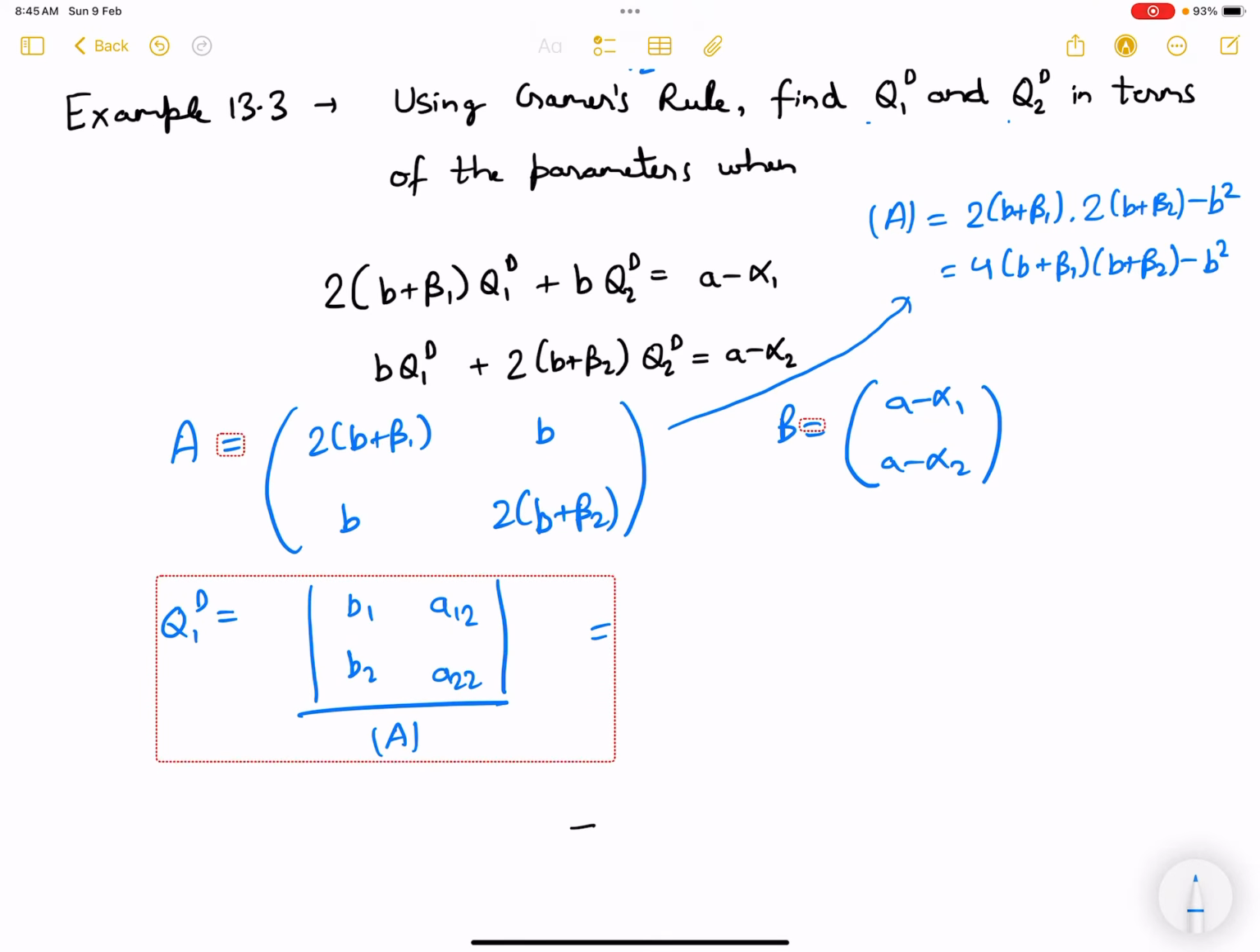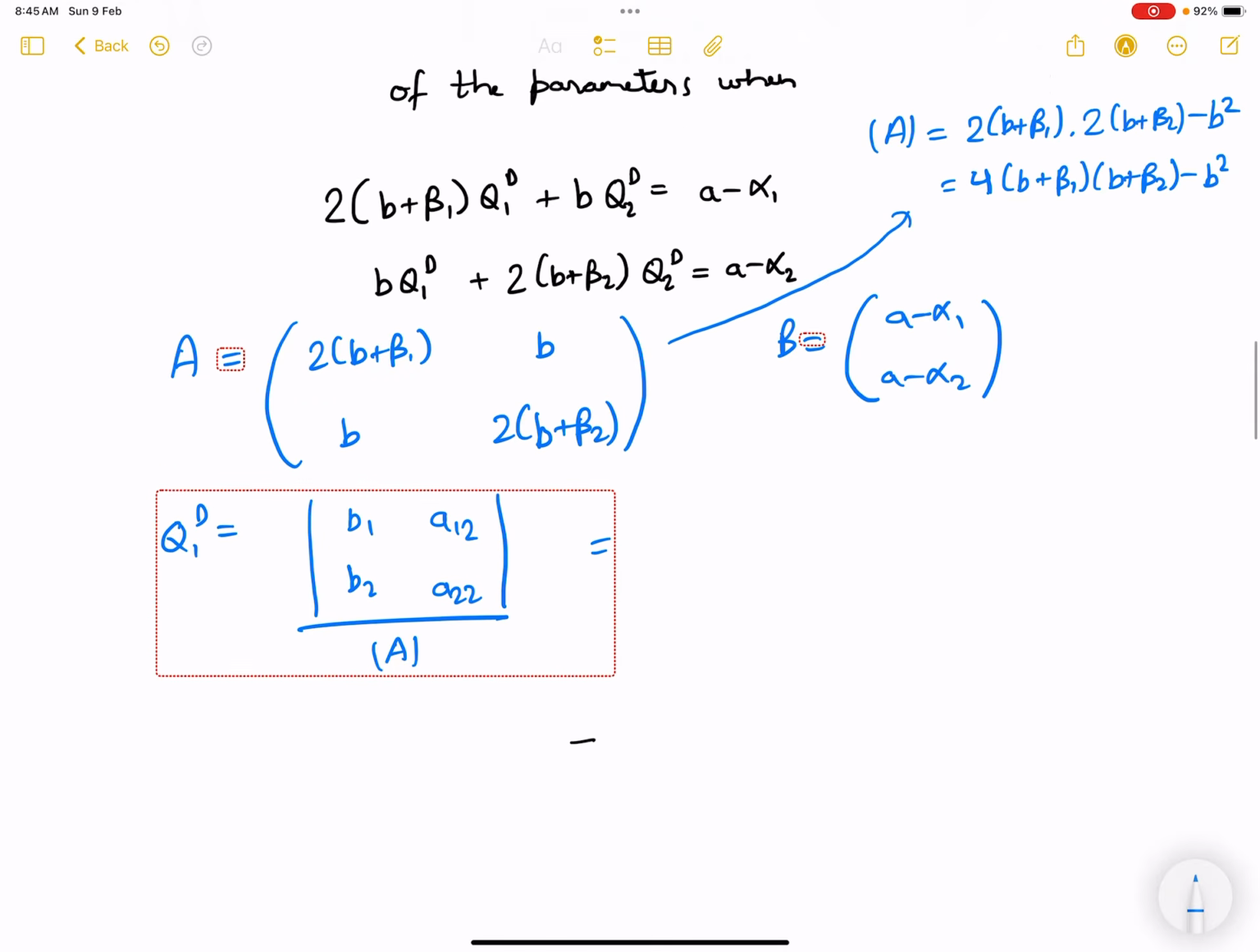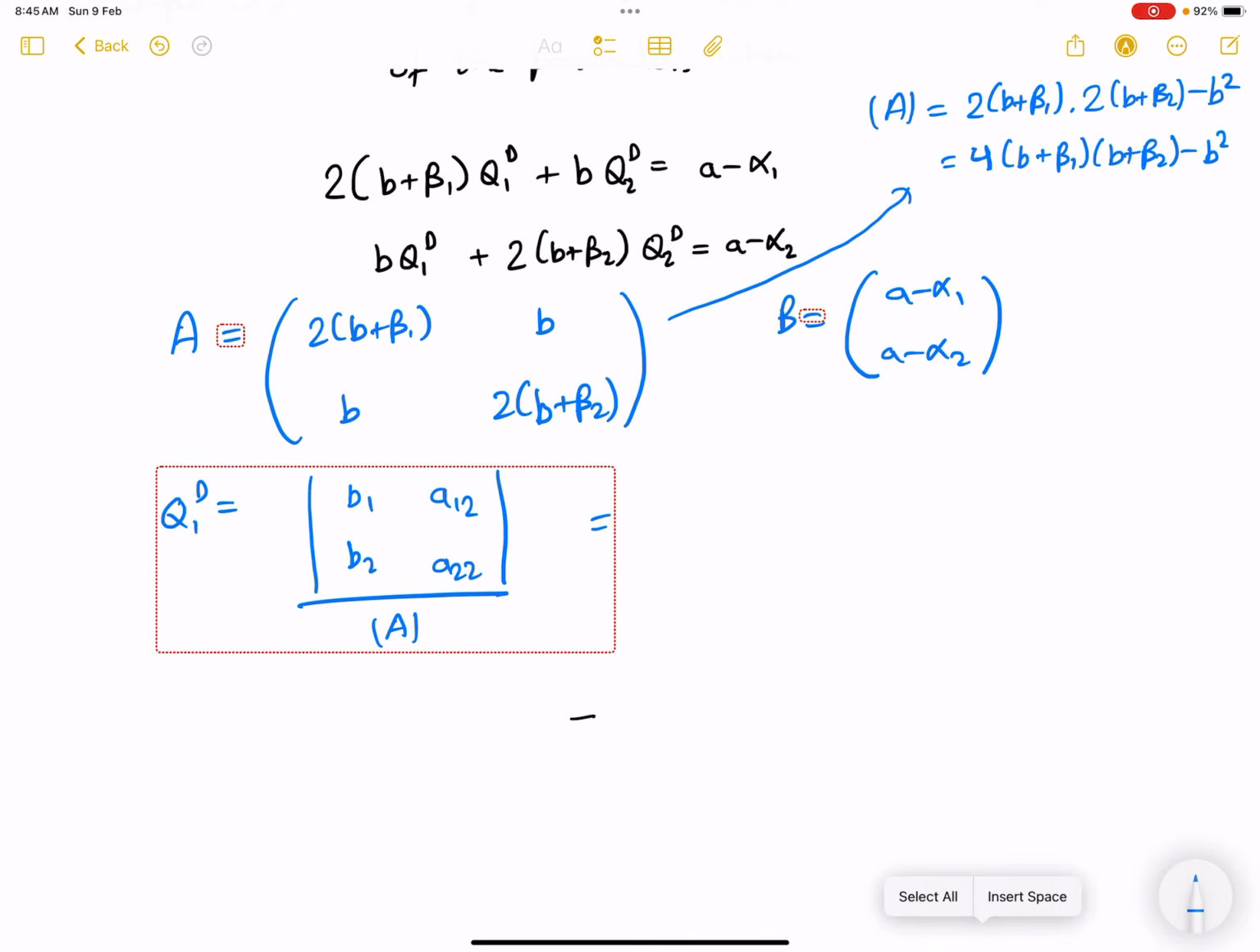So if this is not 0, and this won't be 0, because if beta 1 and beta 2 are positive, then this won't be 0. So we know that they would intersect and we will have a unique solution. So I'll put A determinant equals to, suppose, okay, so this is the A determinant. Now Q1 would be